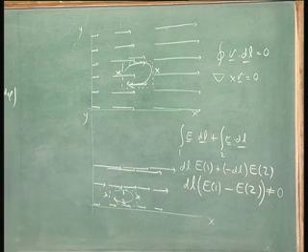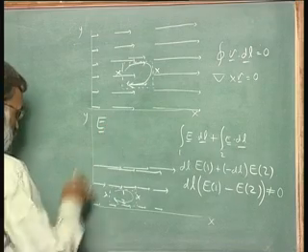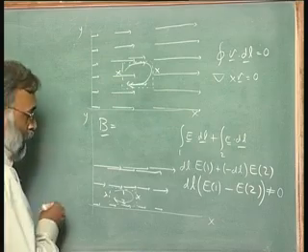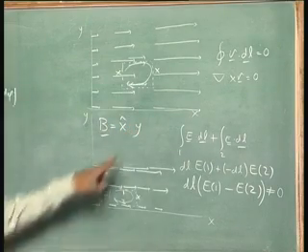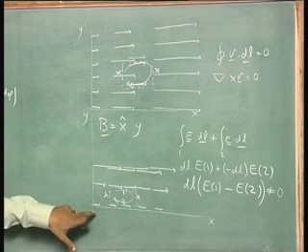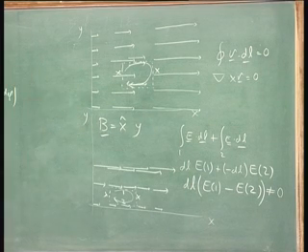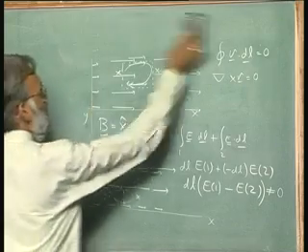Now, in order to fix this in your mind, I am going to take an actual expression for this field. I will choose a magnetic field which is equal to, it is in the x direction, but its magnitude is y. So, it is 0 at y equals 0, and it keeps growing and gets bigger and bigger. So, that is very similar to this field. Now, I want to take the curl of this field. So, what do I get? If I take the curl,